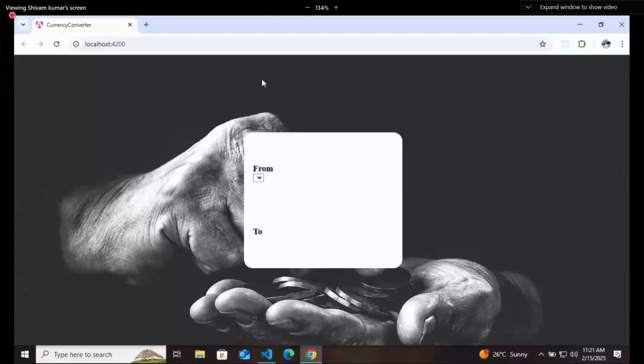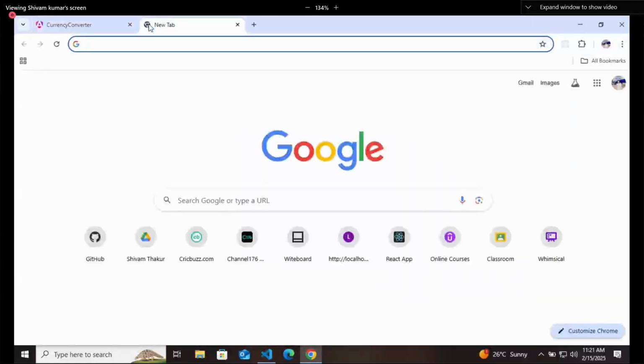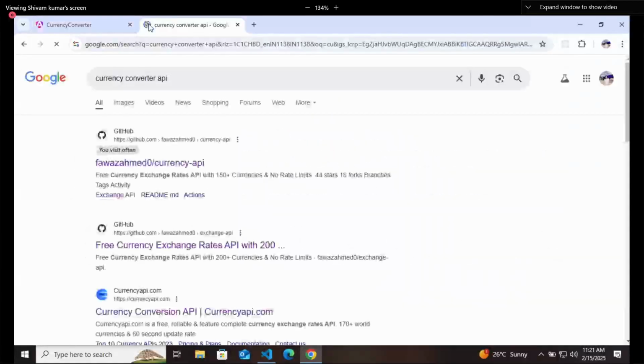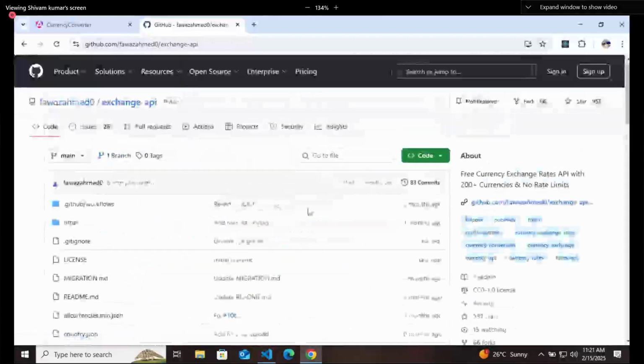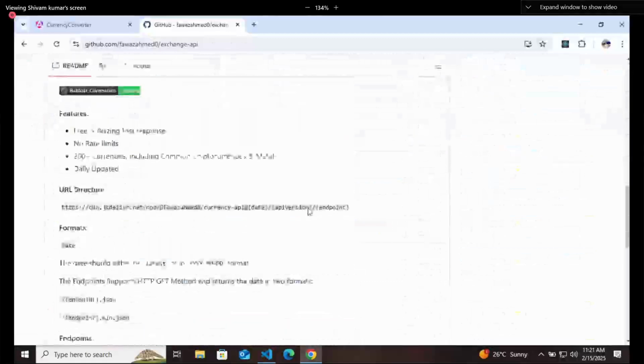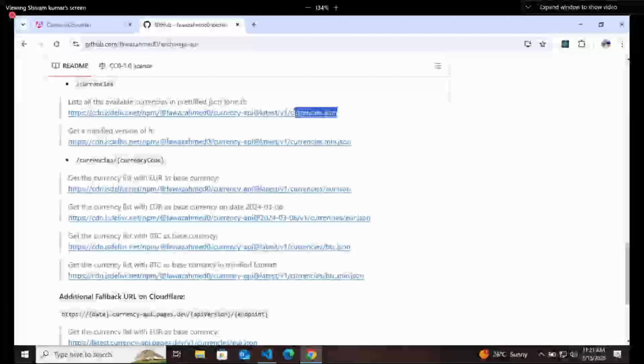First of all, you should be able to show all the currencies here. So again, we'll go to the same API. I'll give you the link of this, this is the link for getting all the available currencies.